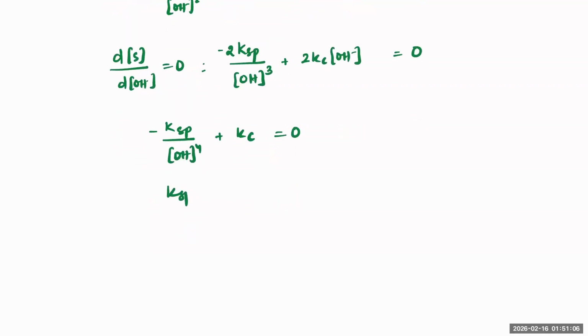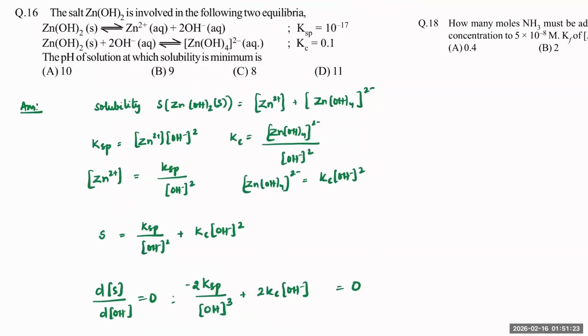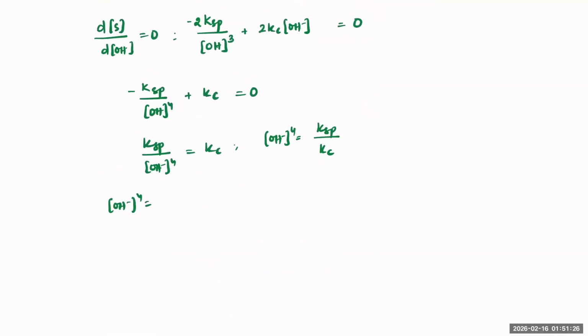Therefore Ksp by OH- raised to power of 4 is equal to Kc, or OH- whole raised to power of 4 is equal to Ksp by Kc. So you can see OH- concentration raised to power of 4 is equal to the Ksp value, which we got as 10 raised to power of minus 17,